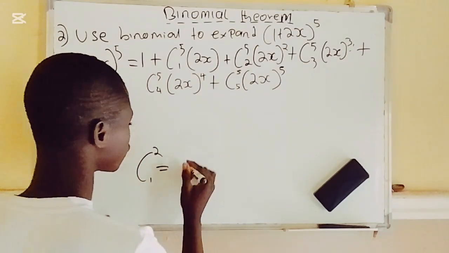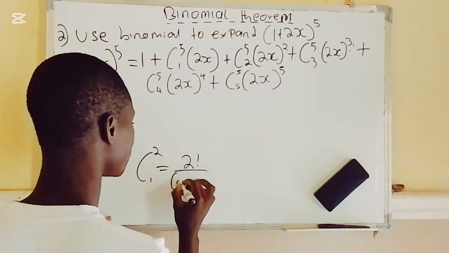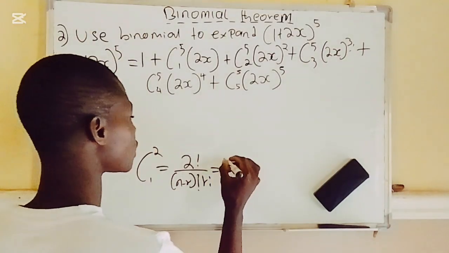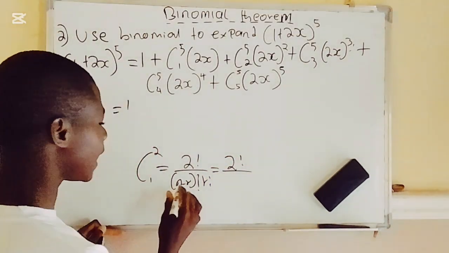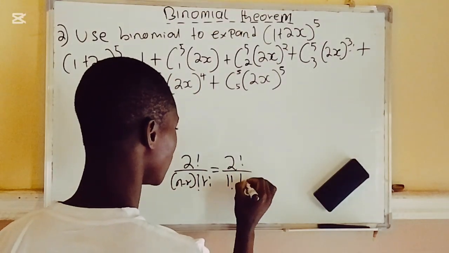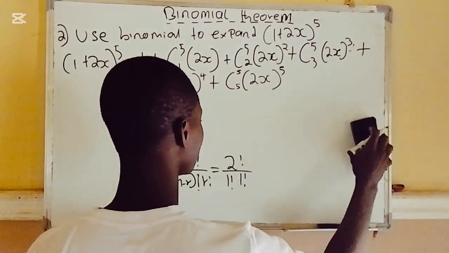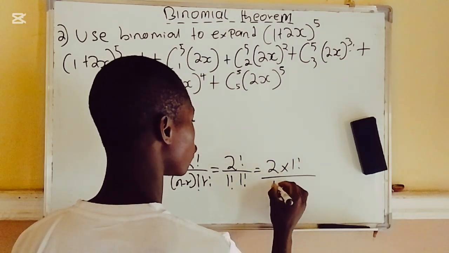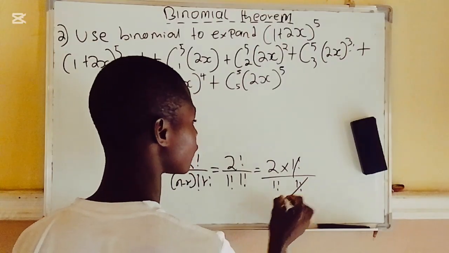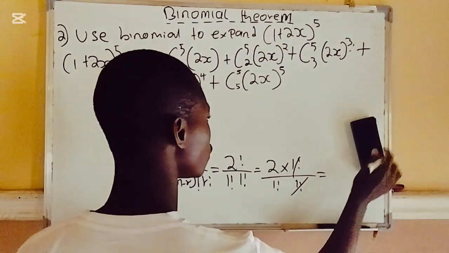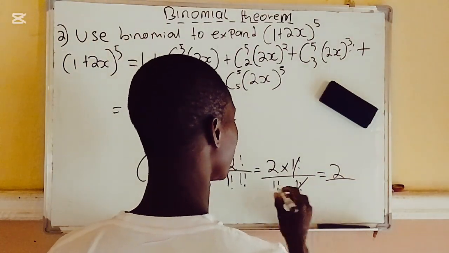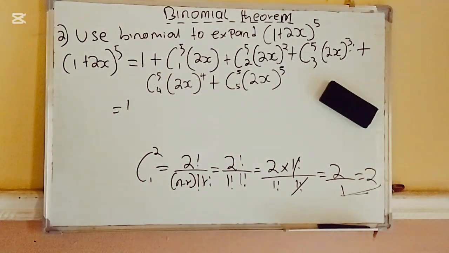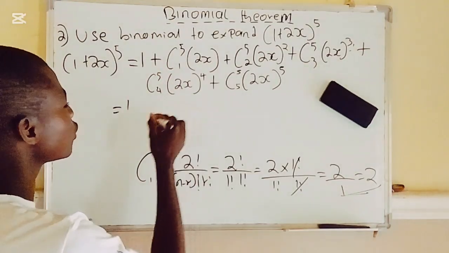For instance, I have 2 factorial divided by n minus r factorial into r factorial. It will be equals to 2 factorial into n and r, which gives me 1 factorial and r, which is 1 factorial again. So I can say 2 times 1 factorial and 1 factorial. This 1 factorial cancels 1 factorial, and therefore it will be equals to 2 divided by 1 factorial, which is 1, therefore it is equals to 2. So any factorial, this gives me 5, 5 multiplied by 2, which is